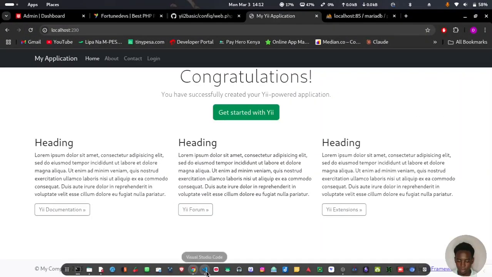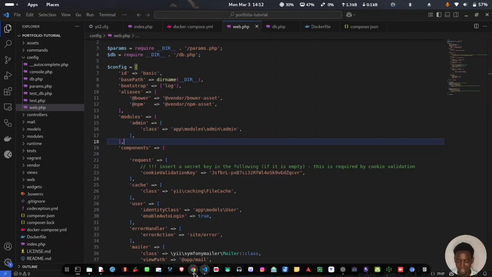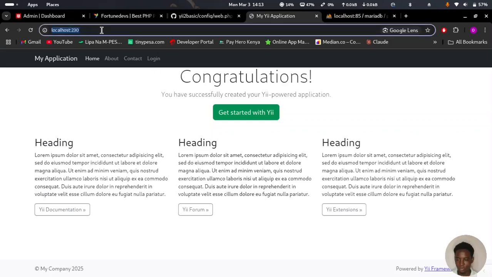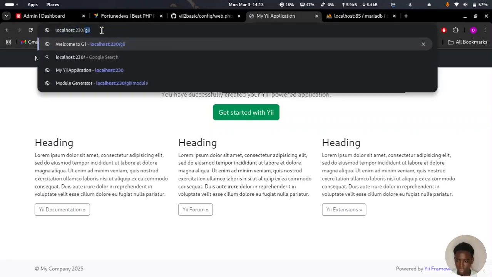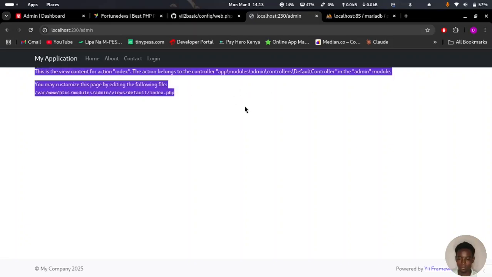Actually, you're not supposed to put it inside the components. It's supposed to be outside. Sorry for that. So to test it, we just write a slash and then the name of the module that you created. We named it admin. So we can see it is rendering the pages just well, meaning we have our